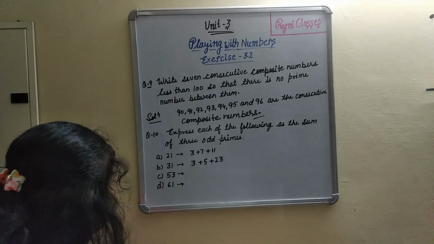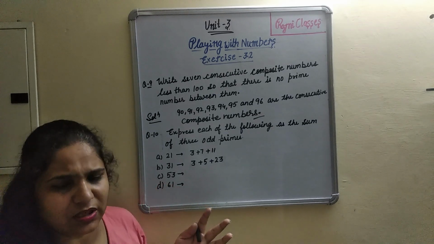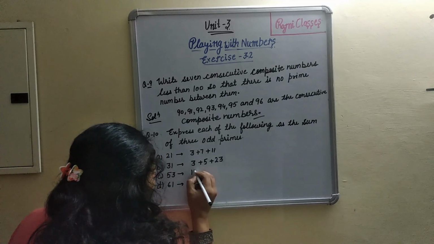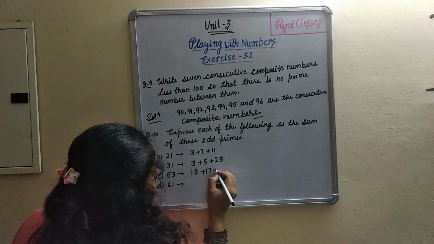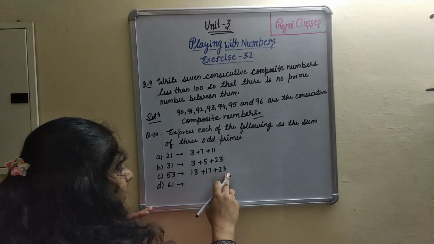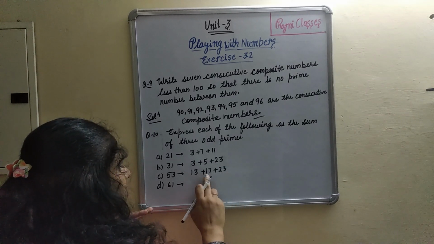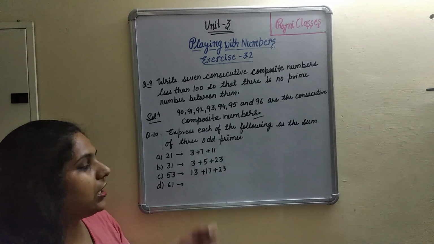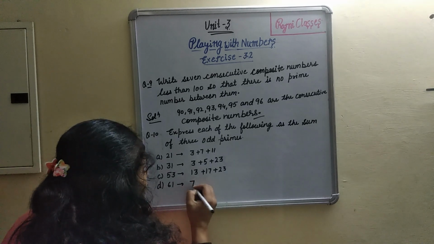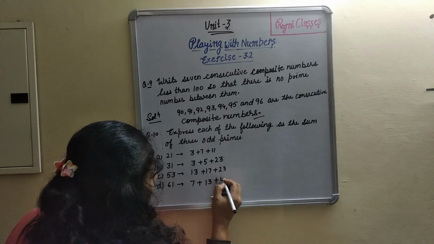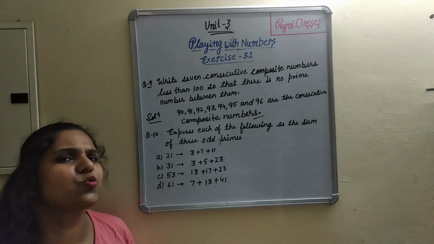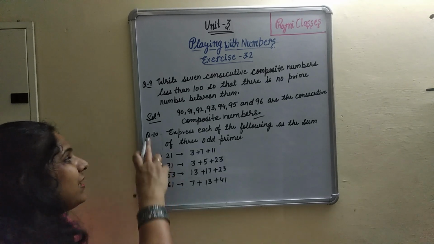And next one is 53. You can do it yourself, I think, or I can give an example also. That is 13 plus 17 plus 23. Just add it. 7 plus 3, 10, carry 1, 2, 3, 4. Yes, it makes 53. 13 plus 17 plus 23. And next one, you can take 7 plus 13 plus 41. 7 plus 3, 10, yes, it makes it. Okay, you can take some other example. Just do practice of it. Okay, now this completes our question number 10.